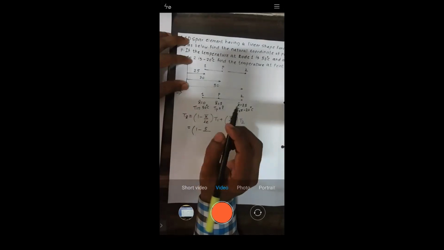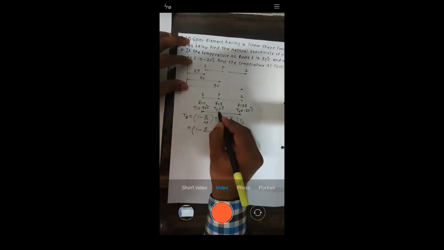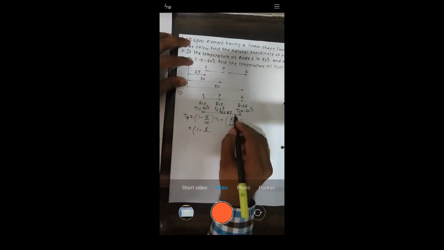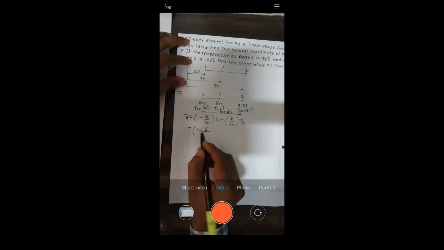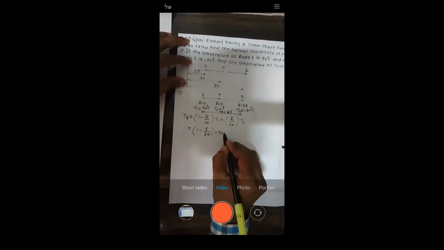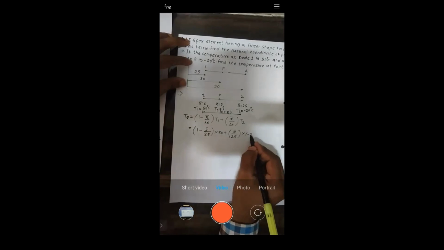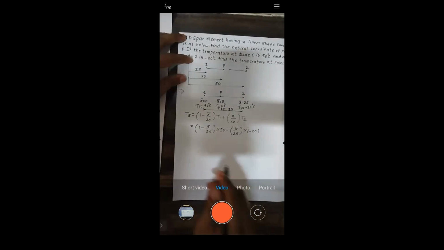Okay, what is the total length of the element LE? Tell me, what is this total length of the element LE? 25. The total length LE is 25. So this x bar is the distance at which you need to calculate temperature, that is 5. Upon total length of the element is 25, into T1, which is 50, right? Plus again 5 by 25 into minus 20. Is it okay? Yes or no? So can you calculate temperature now?